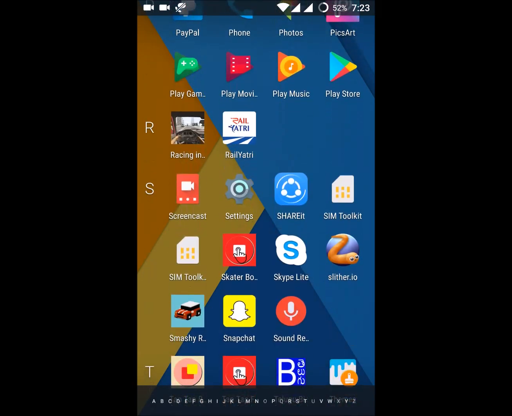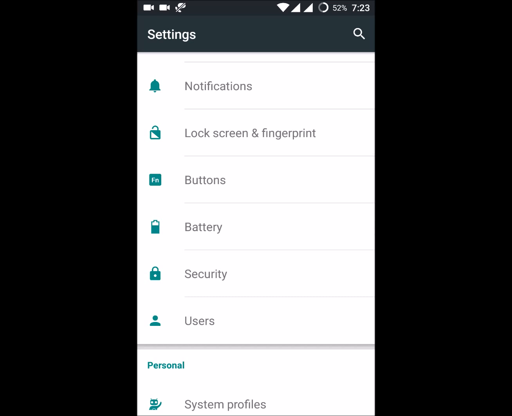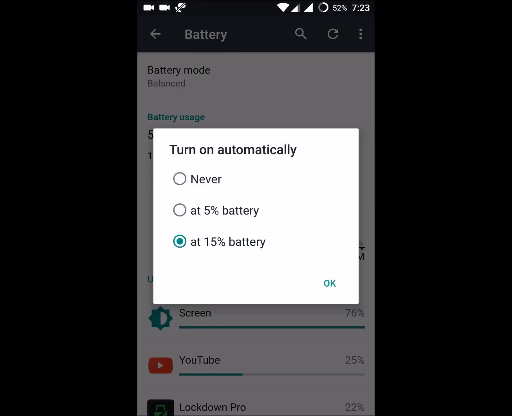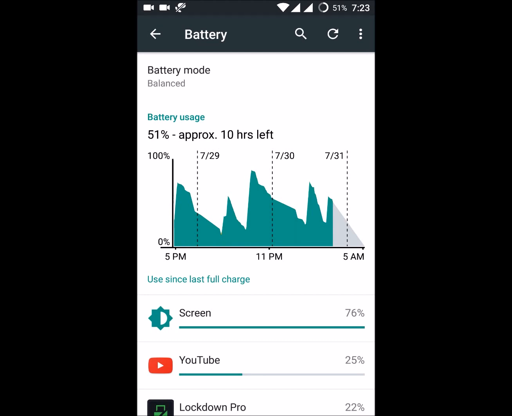You can turn it on. What if your Android is below 6.0? You still have the option. Click on the three dots here, battery saver threshold. You can click on this. This is a battery saver mode for 6.0 and below versions, and I have enabled it at 15% of my battery. This will automatically turn on.